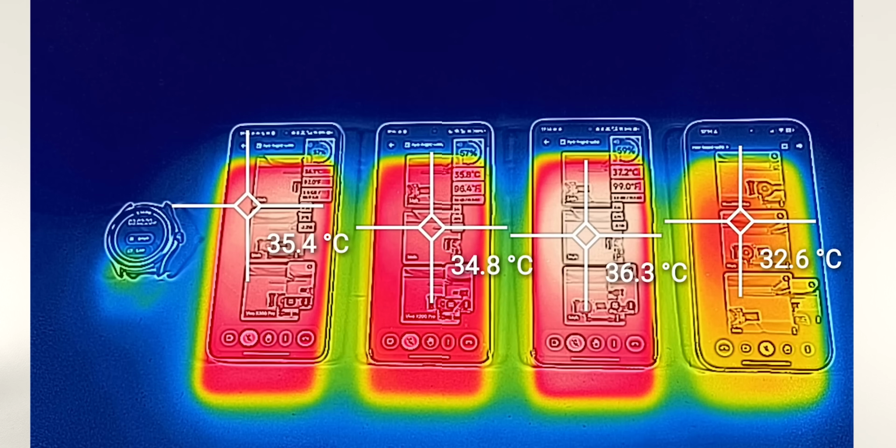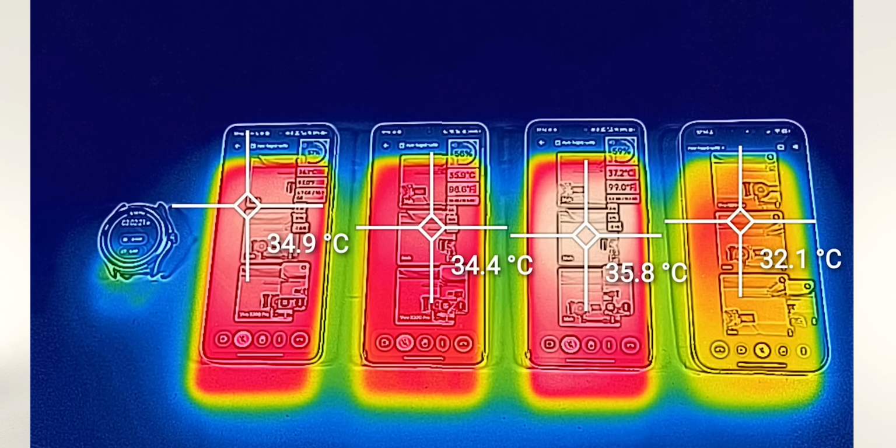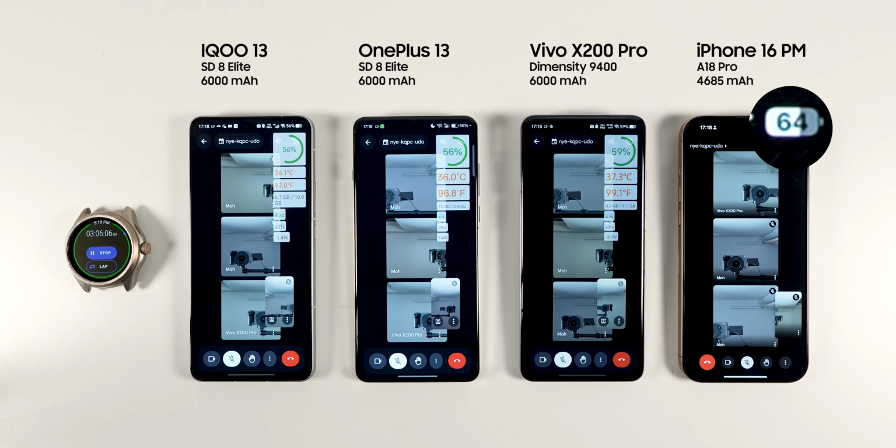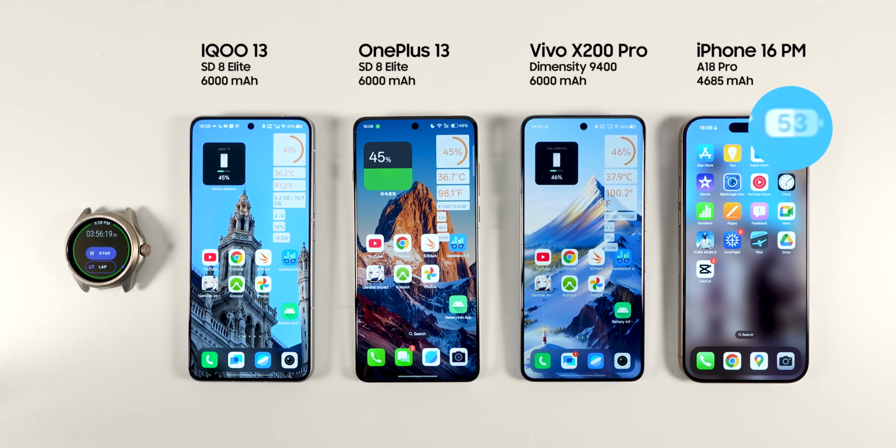The efficiency of the iPhone 16 Pro Max is unmatched. I continued the test, and after an hour and a half of Google Meet, all of the phones stayed relatively cool, showing that even for demanding day-to-day tasks, you don't need to worry about thermals and battery drain on the new Vivo flagship phones. By the end of the test, IQOO had 45%, OnePlus had 45%, Vivo had 46%, and iPhone